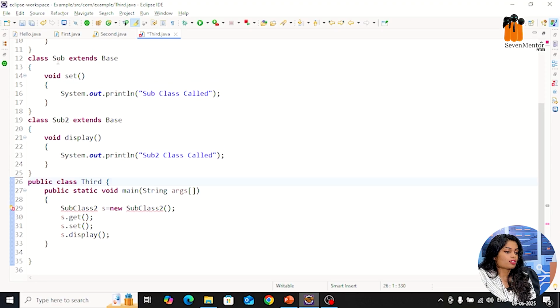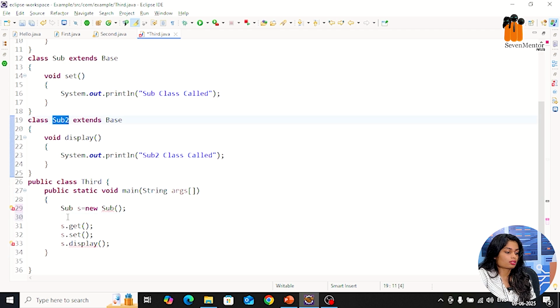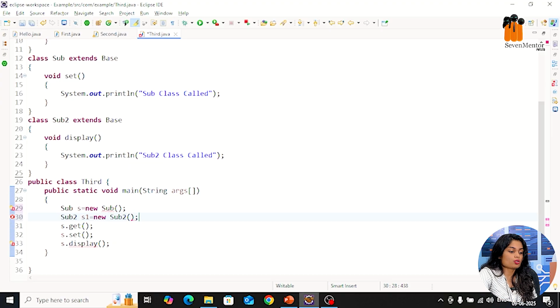So simply, first we will create an object for the sub. And the same way we will create an object for sub 2. S1 equals new sub 2. So those are the two objects. Now you can simply call the methods. How can you call the methods?